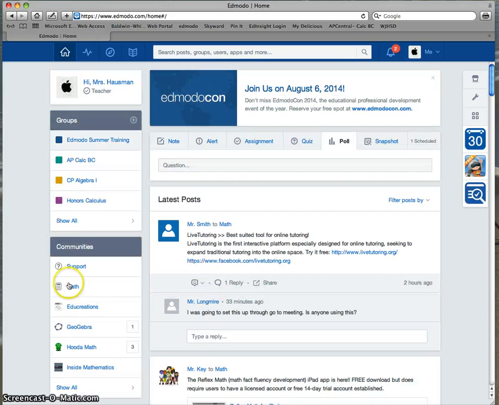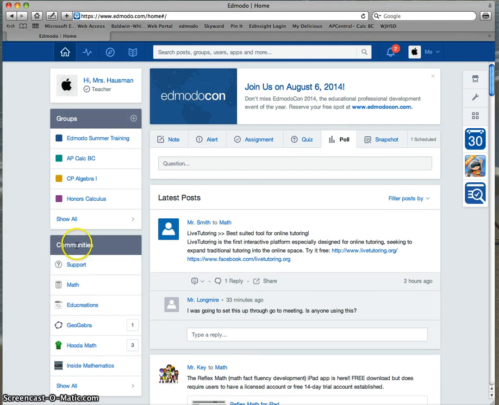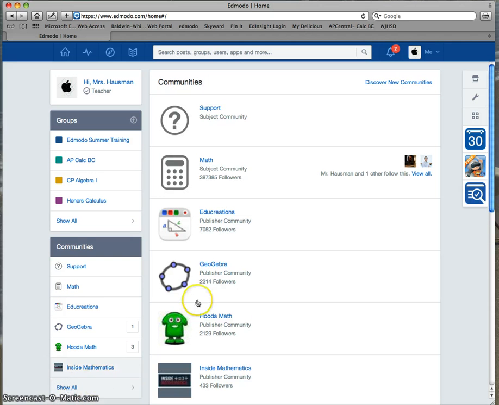Some of the other community features is you can actually select which communities you want to belong to. So if you click, for example, Show All, these are all the communities that I belong to. And I just follow them to see if there's anything new that's going on within EduCreations or GeoGebra. If something comes up and they post, I basically follow them, kind of like on Twitter. If you click on Discover New Communities,